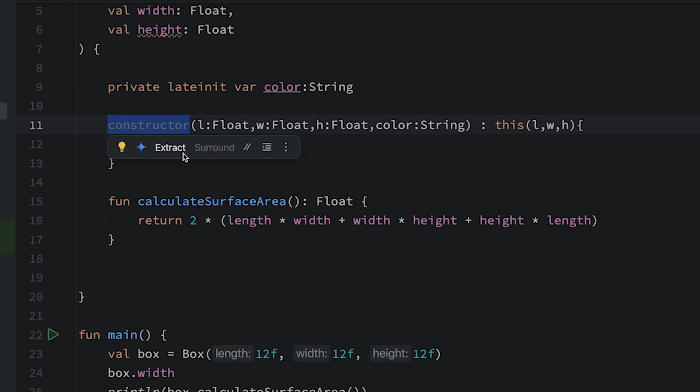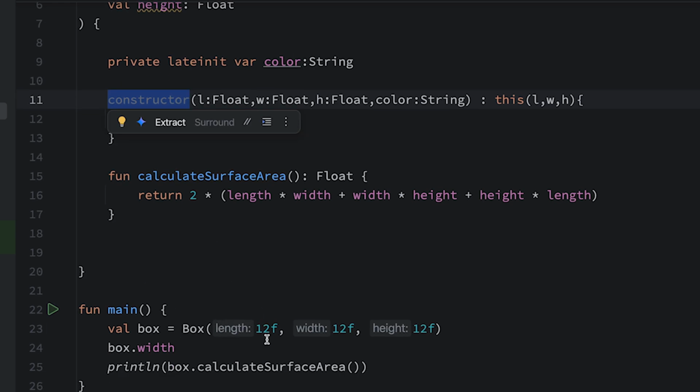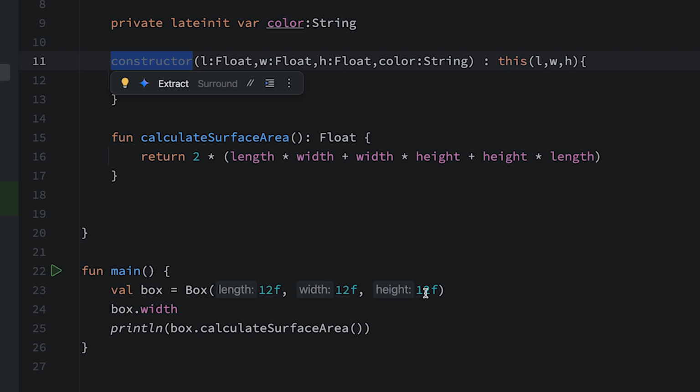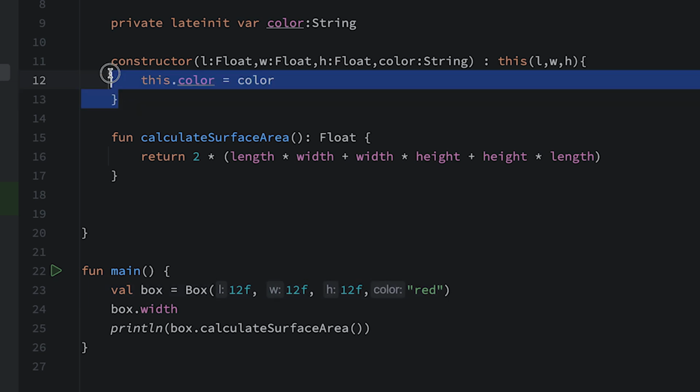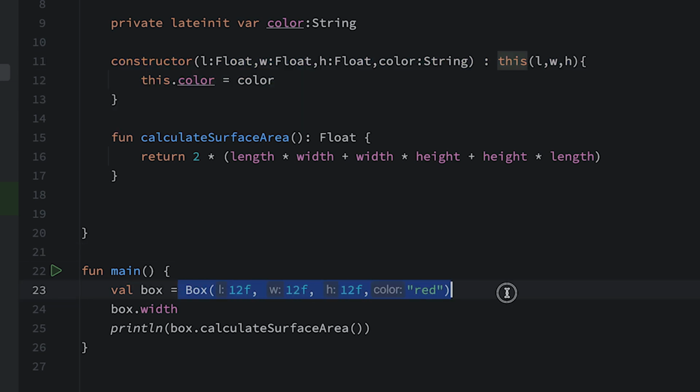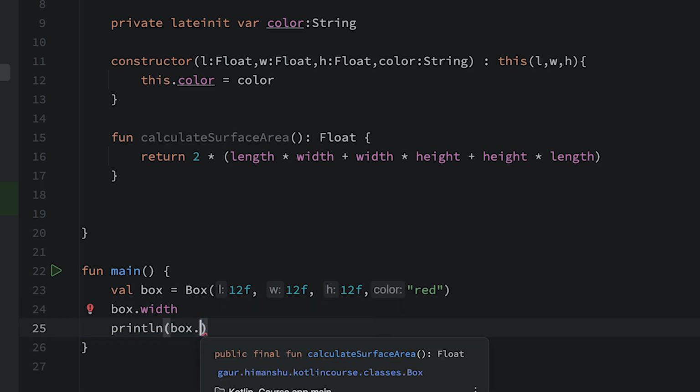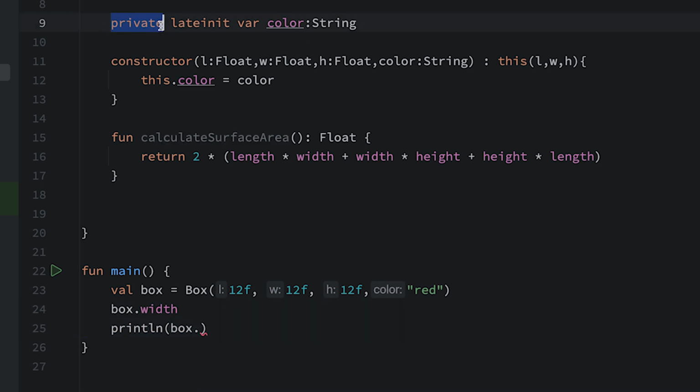So let's use this secondary constructor to build our box. For that we have length, width and height. Lastly I'm going to pass the color, so color is red, and this time it uses the secondary constructor to build our box. Now I want to print its color, so for that use box,